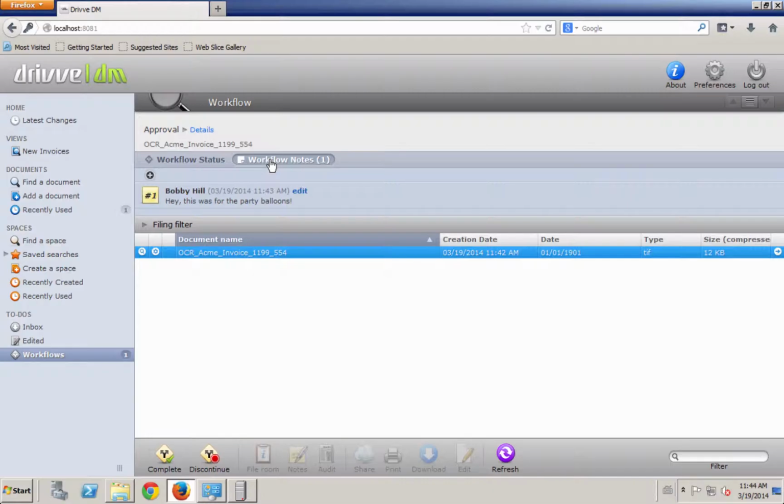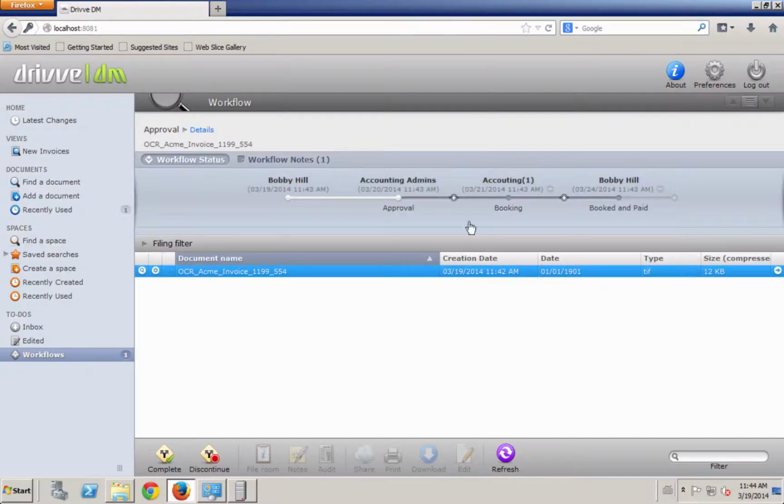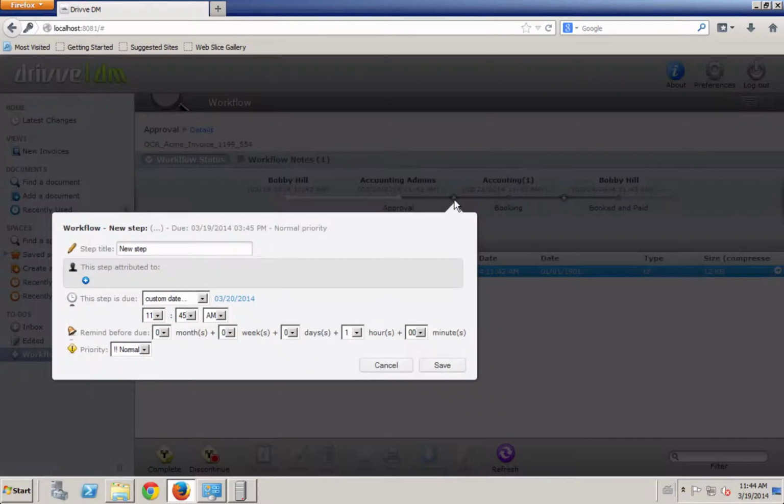I can see the workflow notes that have been created. And here, after I've approved it, I can send it off into booking, and I would do that with the complete button down here. If I needed to get another bit of information from somebody else before I send it off or approve it, or let's say I needed to go back to the originator, I could add a new